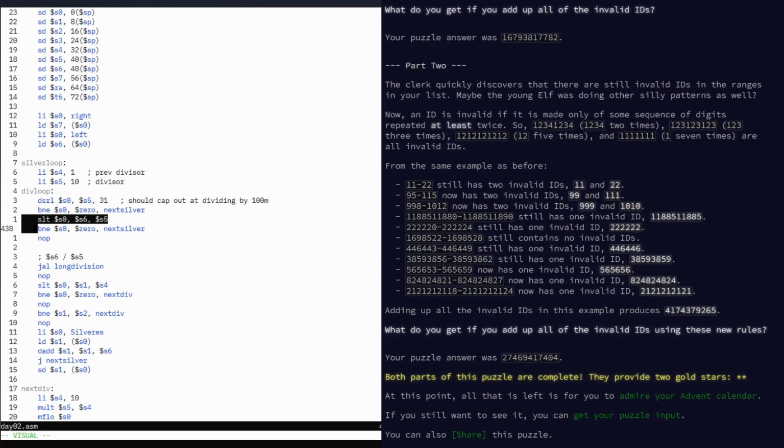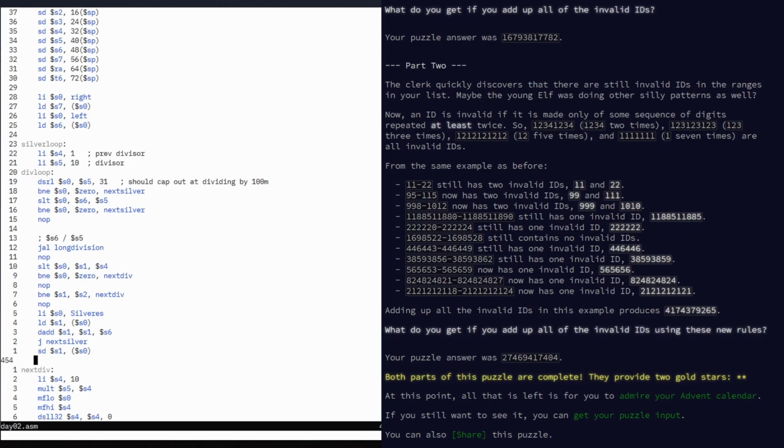Because, you know, if we're checking the number 20 and I've divided it by 10, there's no point dividing it by 100, there's no point dividing it by 1,000, there's no point dividing it by 10,000, right? This is another way of getting out faster, right? And so we do this jump to long division, and